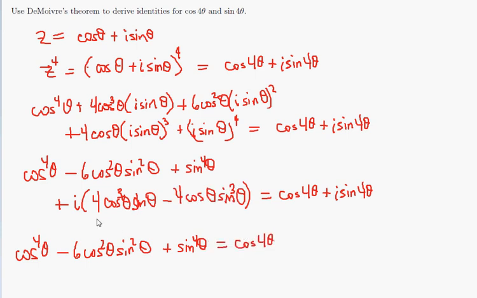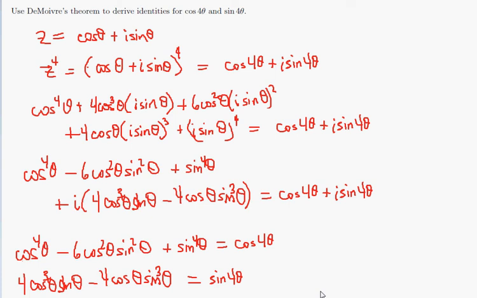Also, the imaginary part of the left-hand side must match the imaginary part of the right-hand side, which is just simply sine 4 theta. So there are trigonometric identities, angle reduction identities, for sine 4 theta and cosine 4 theta based on de Moivre's